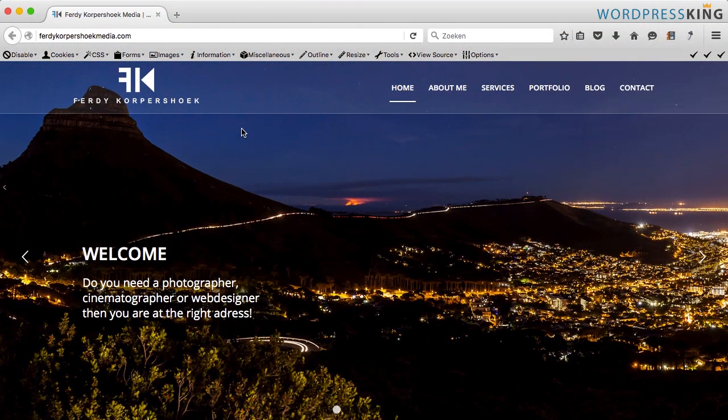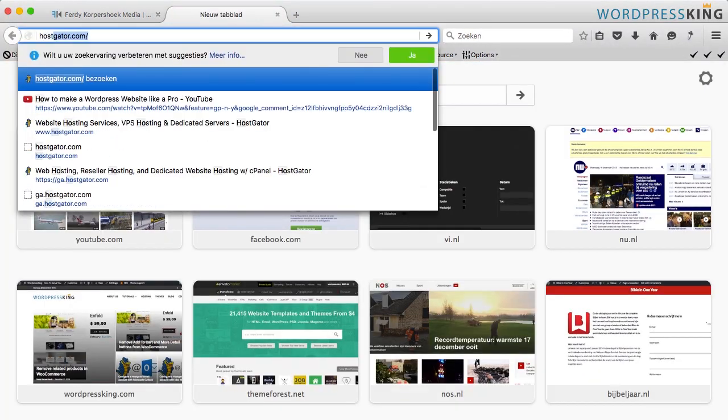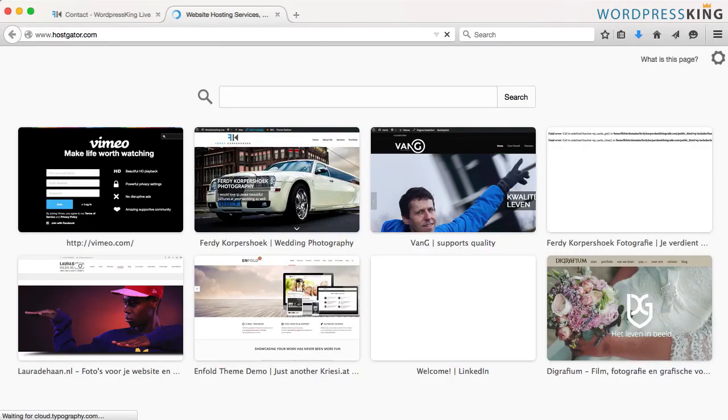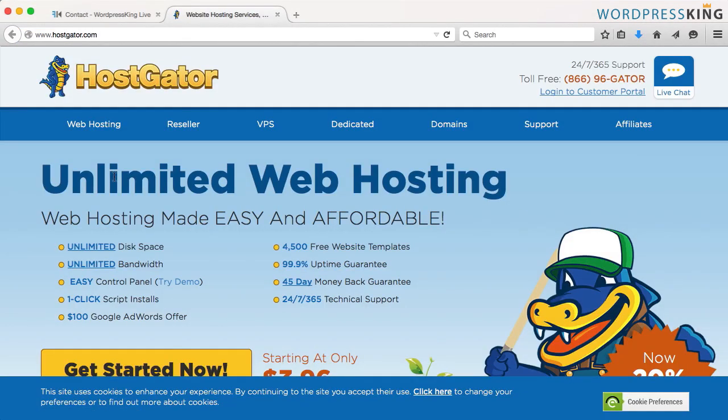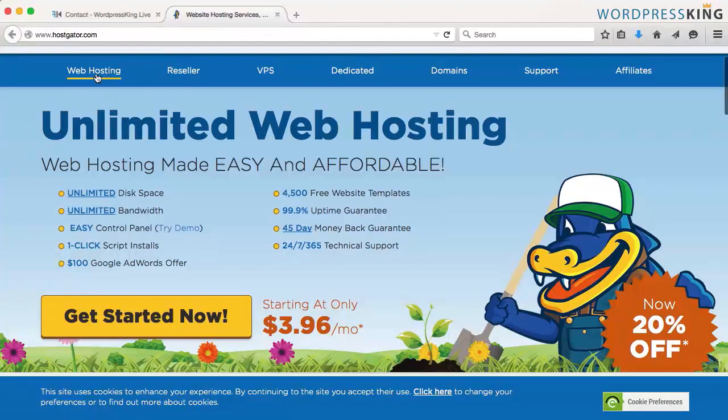The first thing we need is a domain name and hosting. So go to a new tab and go to hostgator.com. And here we can get a domain name and hosting. I click on web hosting,